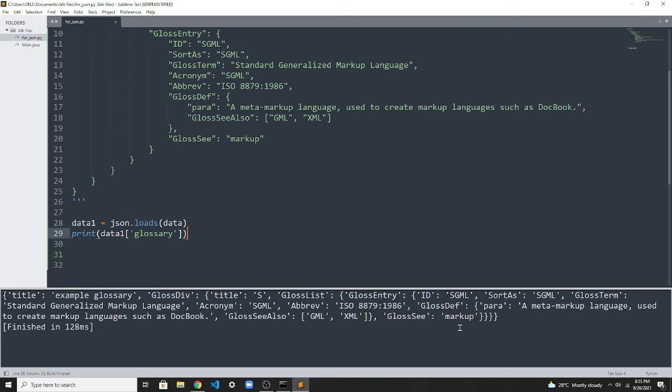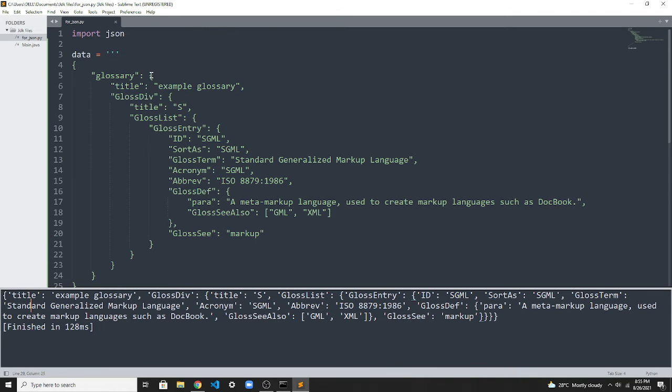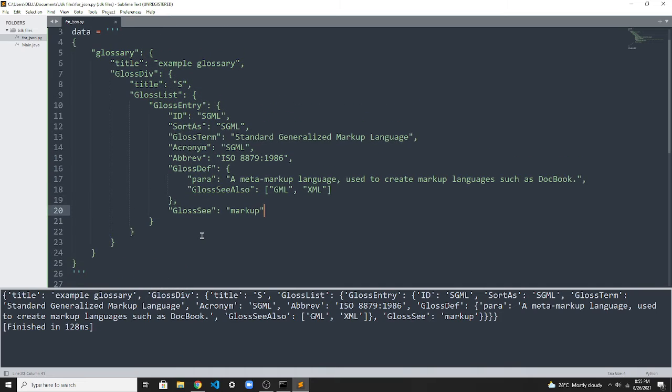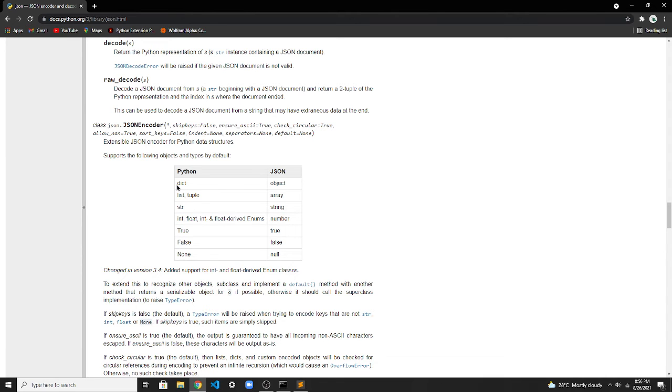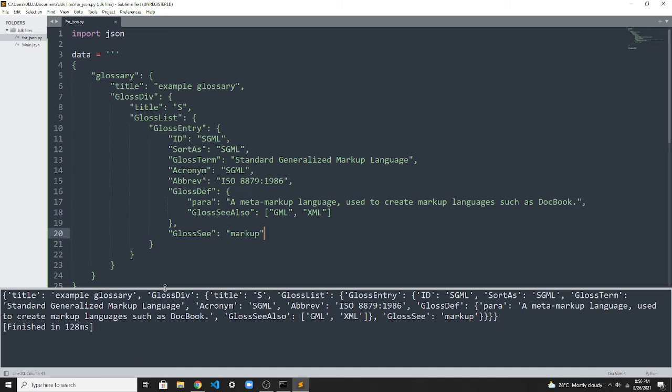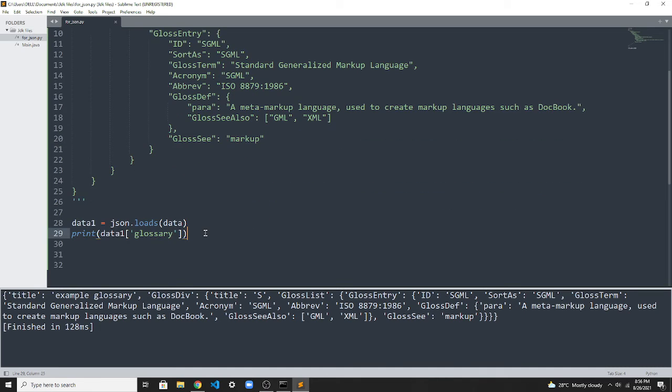So you can see that there is this code and it's basically overlapping. This is the glossary and it has some data of another object. When I say object, in Python it's a dictionary, but in JavaScript it's called an object. As you can see, there is a table here: dictionary in Python and object in JSON, and you can also call it JavaScript list and tuple. So as you can see, it's overlapping here. Now we have seen that we can use it as a normal dictionary also.